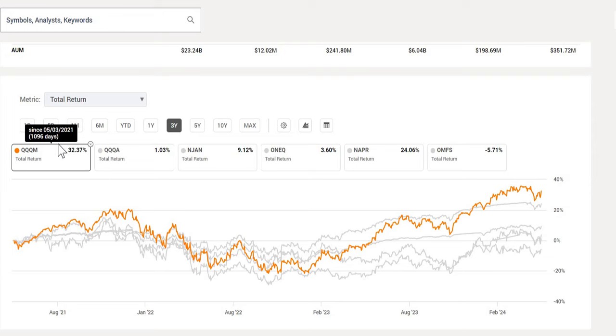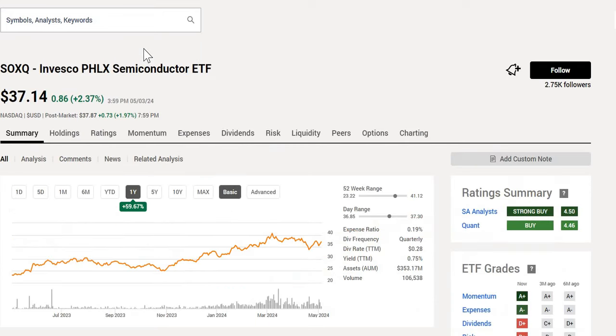The second ETF that we see as a buy and hold is essentially one focused on the semiconductor industry, and the reason why we have chosen SOXQ is again for that reason. In terms of the lower expense ratio, it does have one of the lowest in the semiconductor space, lower than the typical SOX as well as SMH. Now, we can also see a yield around 0.75% and a very strong performance just over the last year, up